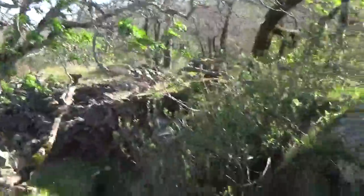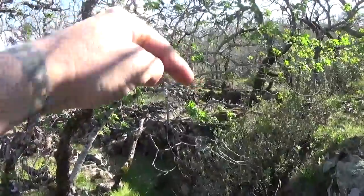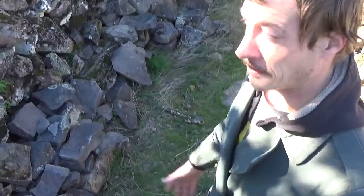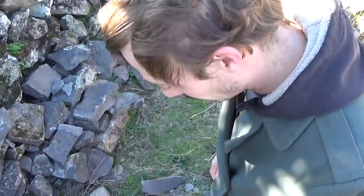It does get very dry here. A lot of this vegetation will disappear and dry up, and it can get dangerous out here. There have been some people that have started fires, so you gotta be very careful with that, but it's also a lot better time to come picking stones, I think. Grass isn't as